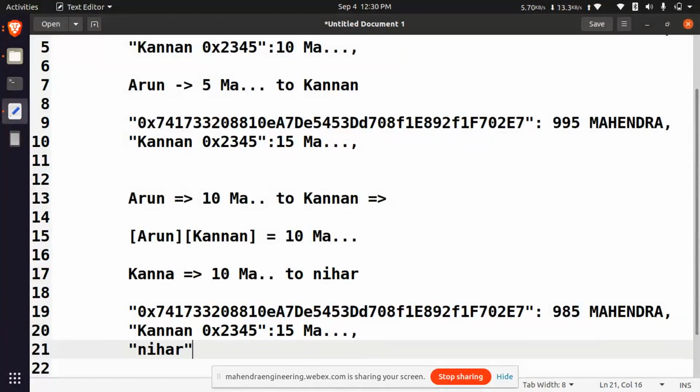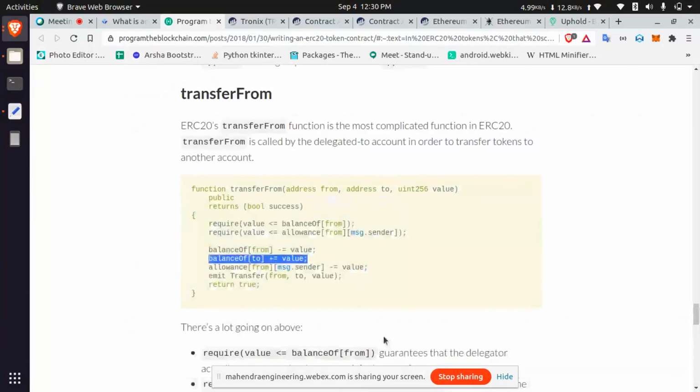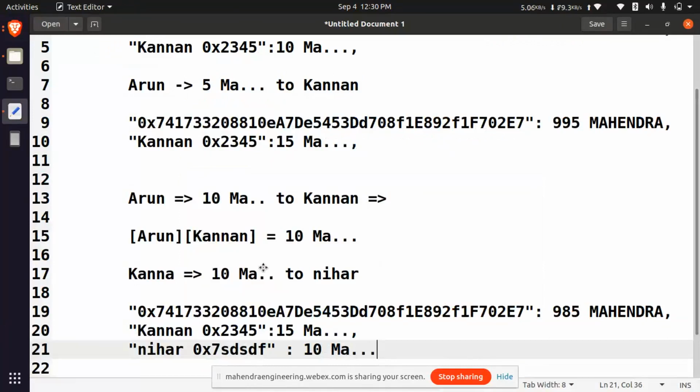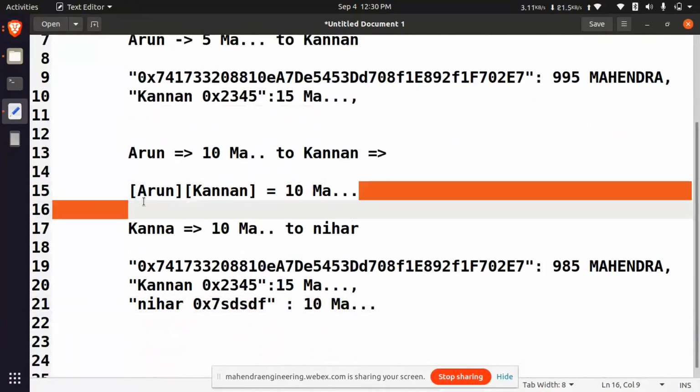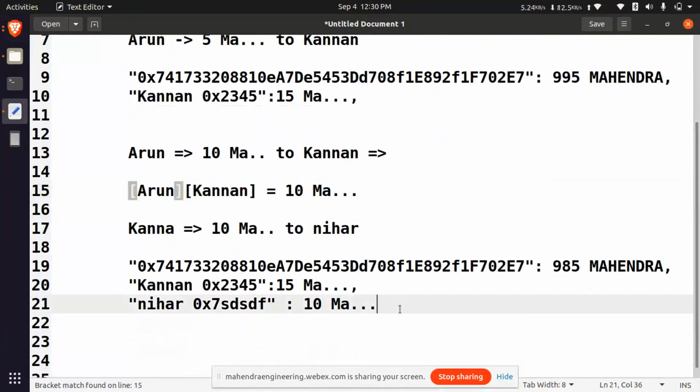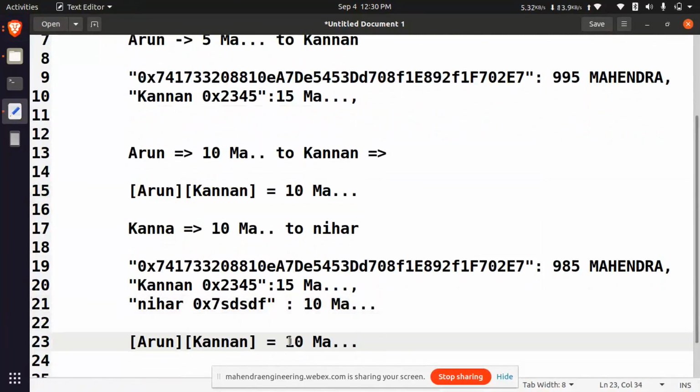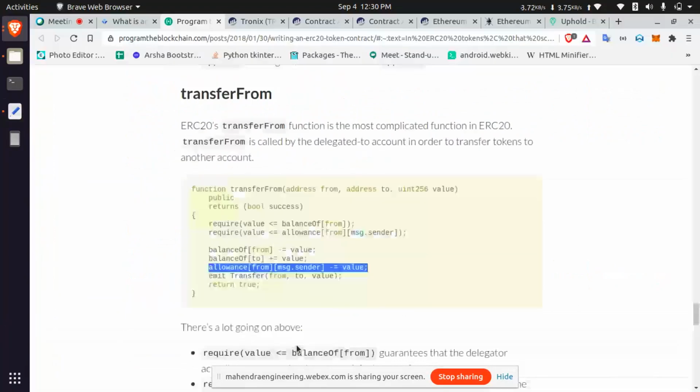Let's say Nihar's account, 0x747 SDD, and he is getting 10 AHA tokens. Then the allowance also we need to empty. Why? Because we need to update this as 0. We have already spent this amount, so we need to subtract that value. Here the value is subtracted.